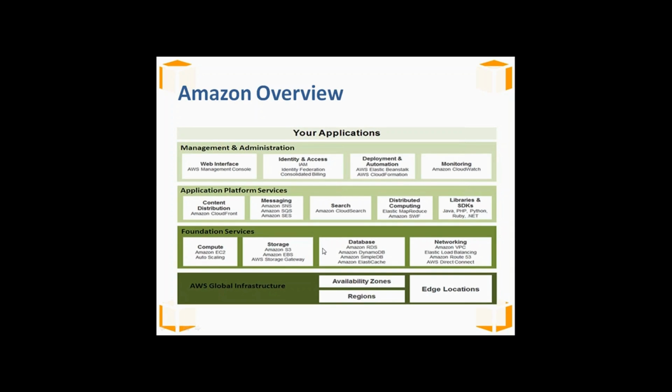Now let's move further and talk about the database. As we know, the database is divided into four services. One is called Amazon Relational Database Service, the short form is RDS. It is a scalable relational database with auto patching as well as backup. Moreover, as of now, it supports MySQL, Oracle, SQL Server, etc.